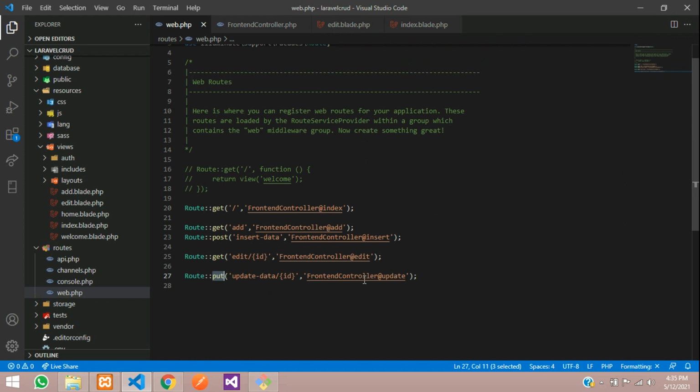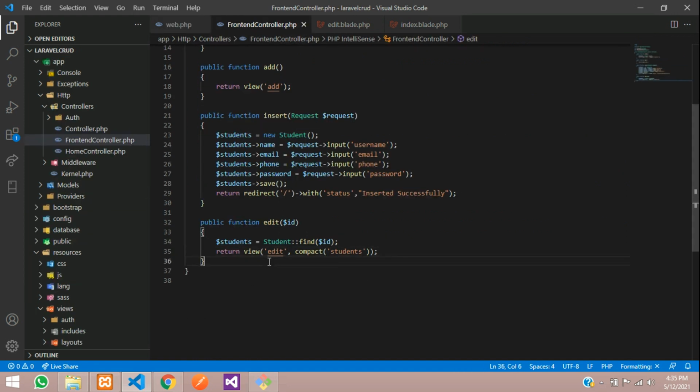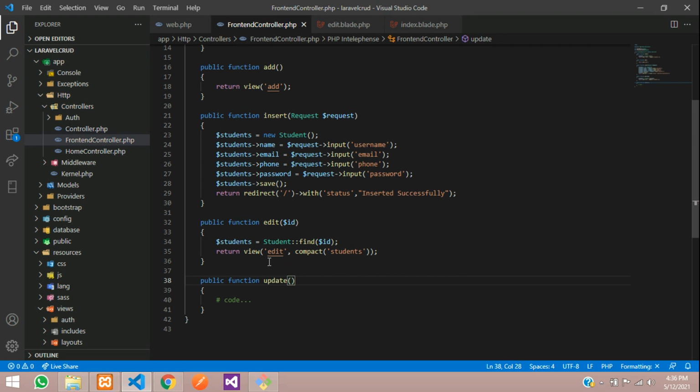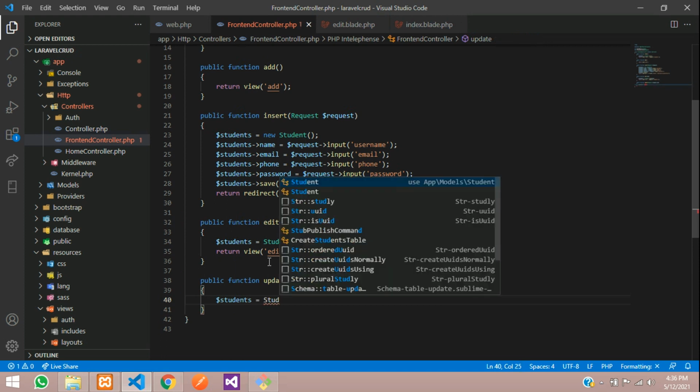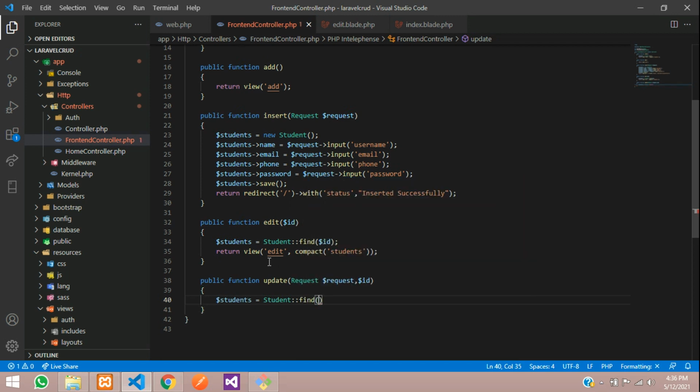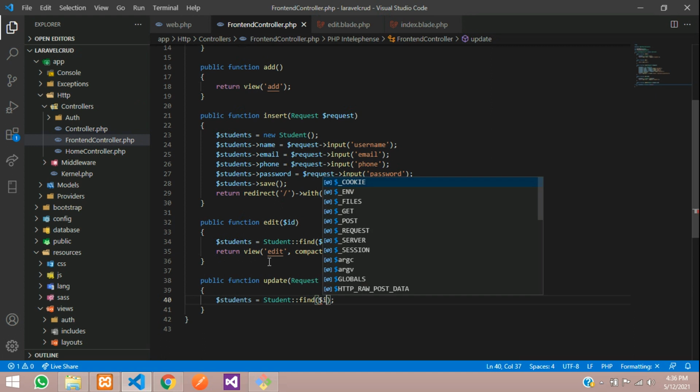We'll go to that page. Here it has to go to the update function, so we'll create the update function here. In this we are sending some data along with the ID, right? So first we will send the request, comma, $request, comma, $ID. Here, first we'll create a variable students equal to the student model, and here we say find $ID.